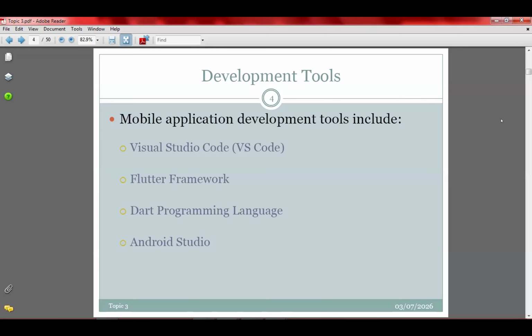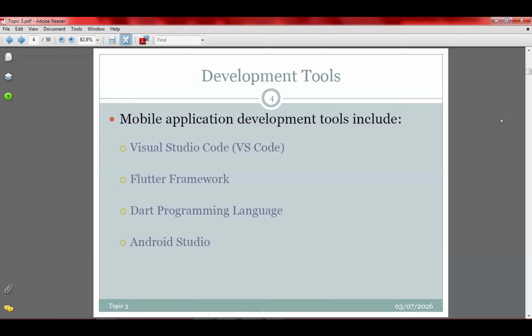And then you need the Android Studio, because much of our mobile phones are using the Android operating system. It is the Android Studio that is going to convert the program that you've written through the programming language and then the Flutter framework, to deploy it to your Android phone. So whatever you are doing, if you want to see it on your Android mobile phone, then you need the Android Studio. Any question for me before I go on?